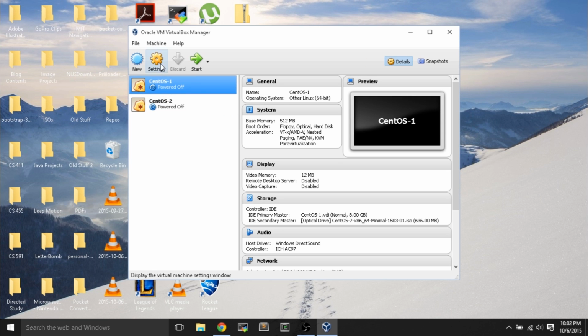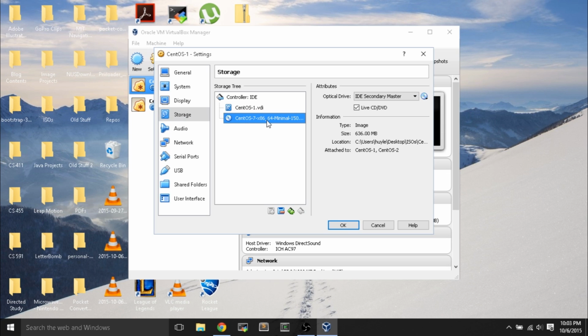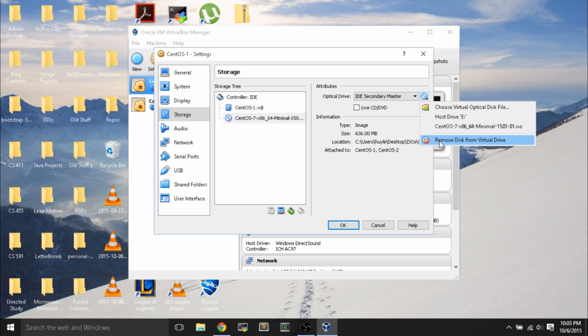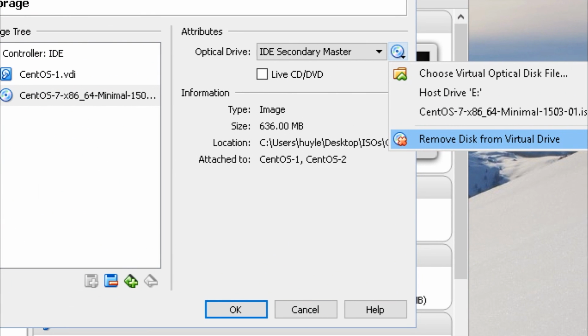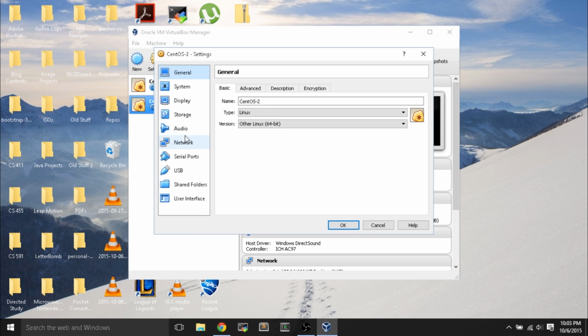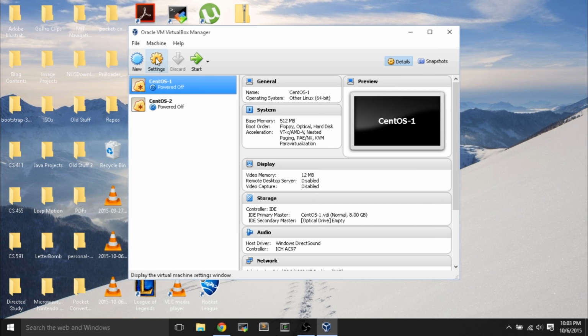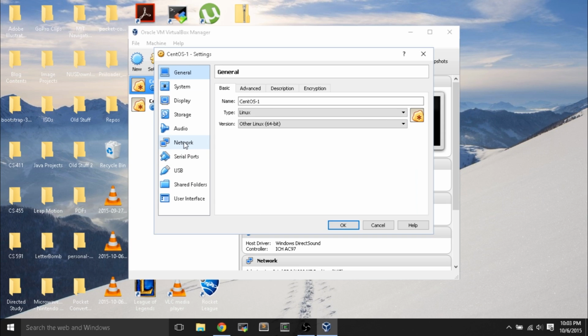So go to settings, and before we actually get internet access, we want to go to storage, and we want to click on the CentOS minimal ISO with the disk image, and we uncheck live CD/DVD, and we remove disk from virtual drive because we don't need this anymore since CentOS is already installed on both machines. So we hit OK on both of them, and we just remove the CentOS 7, and we hit OK. Now go back to settings and go to network,